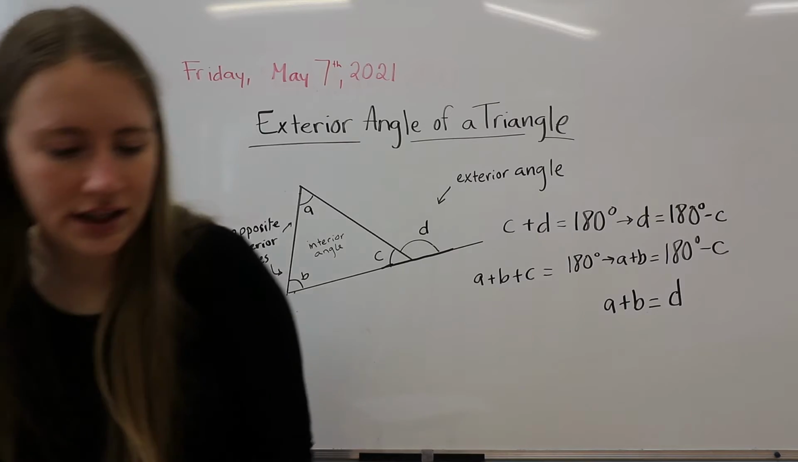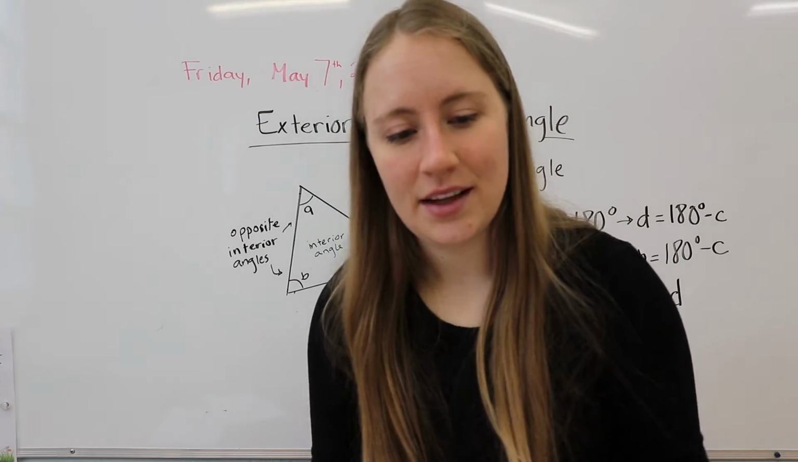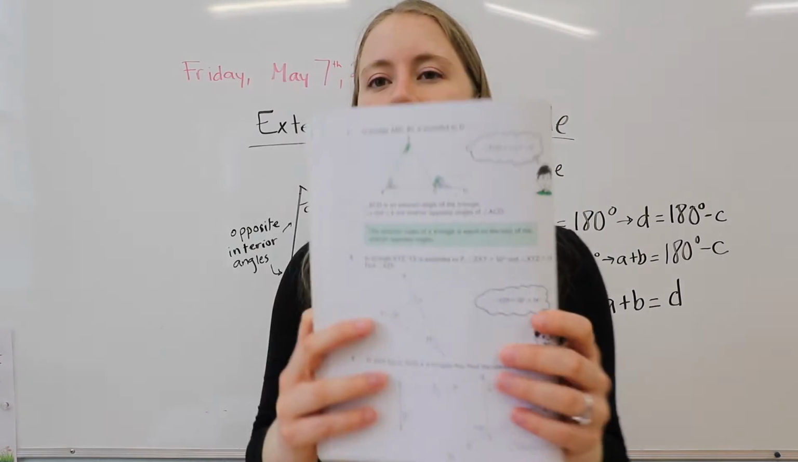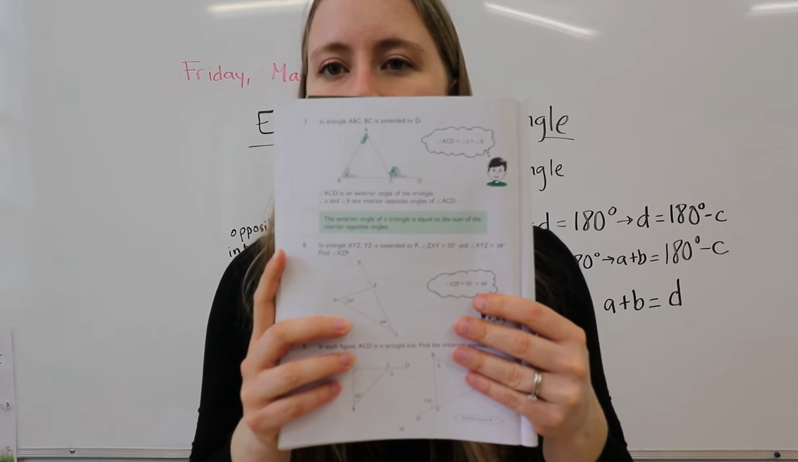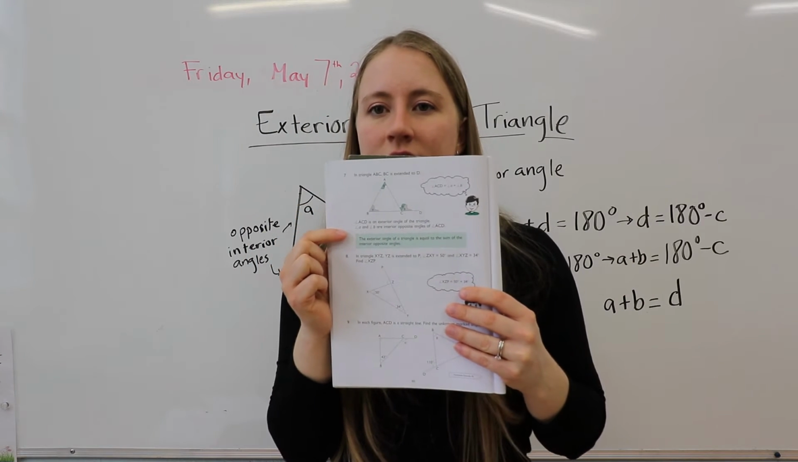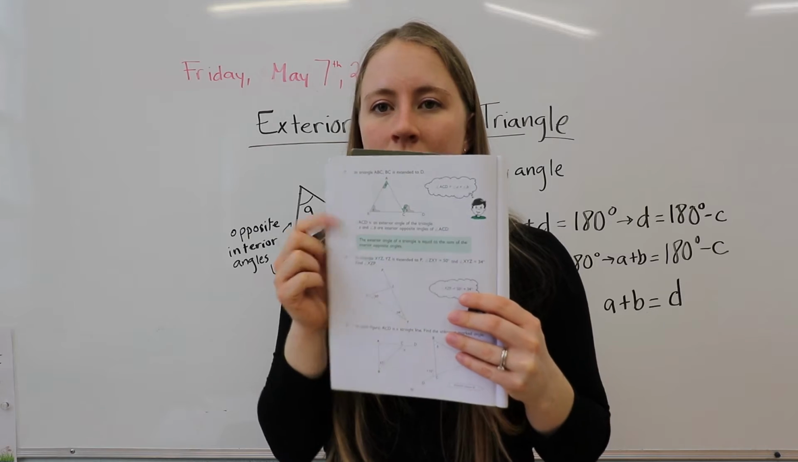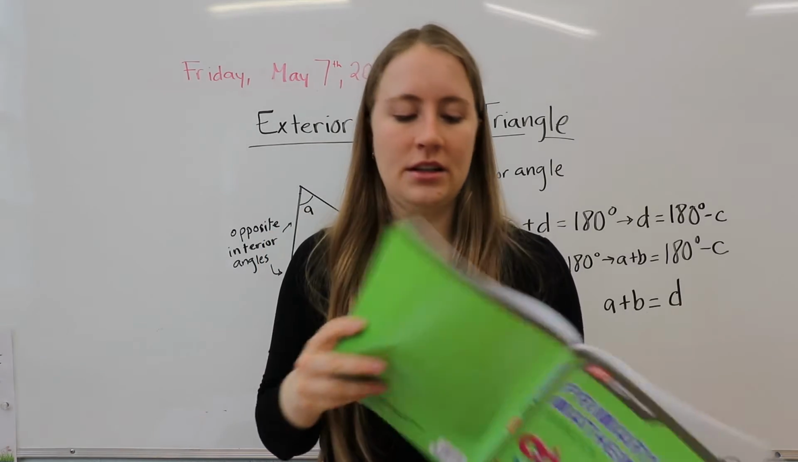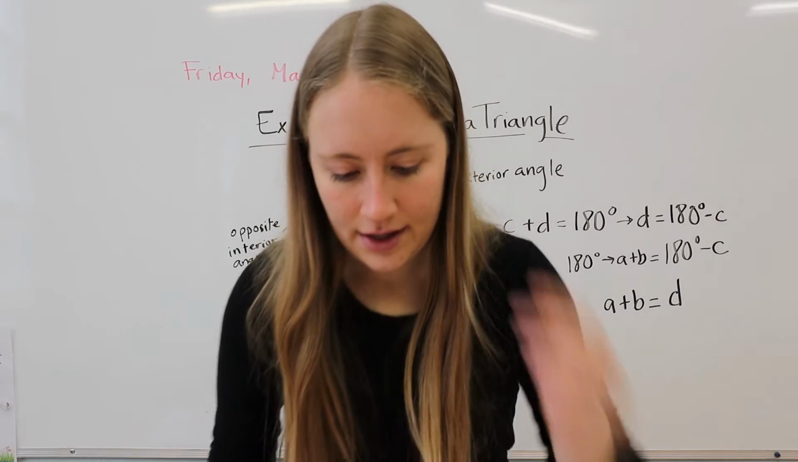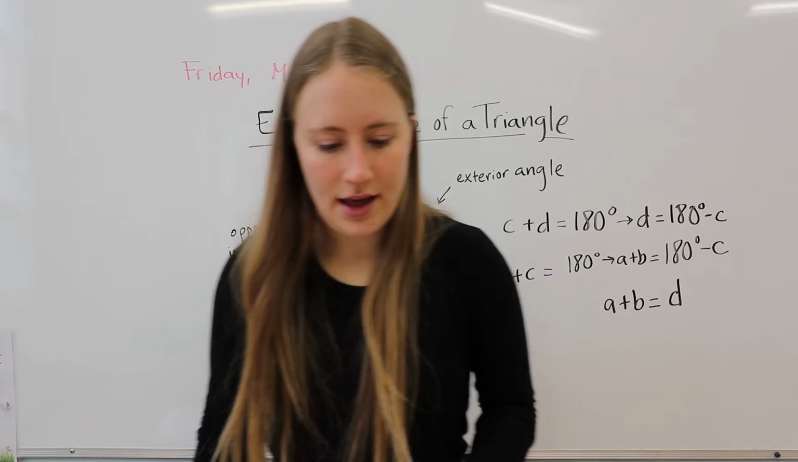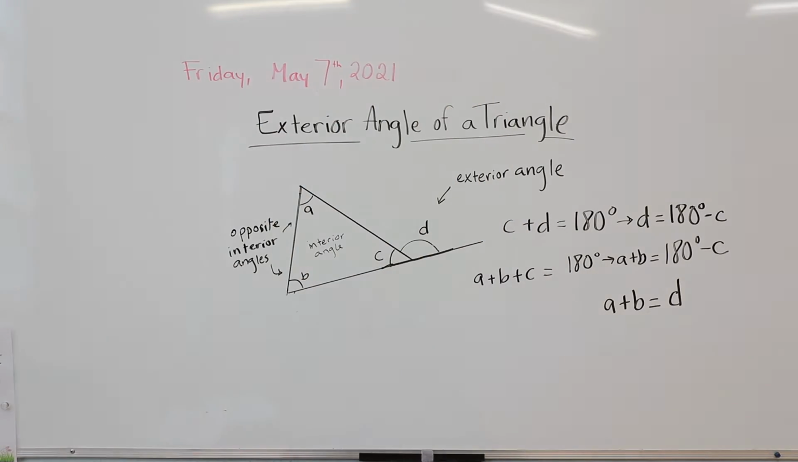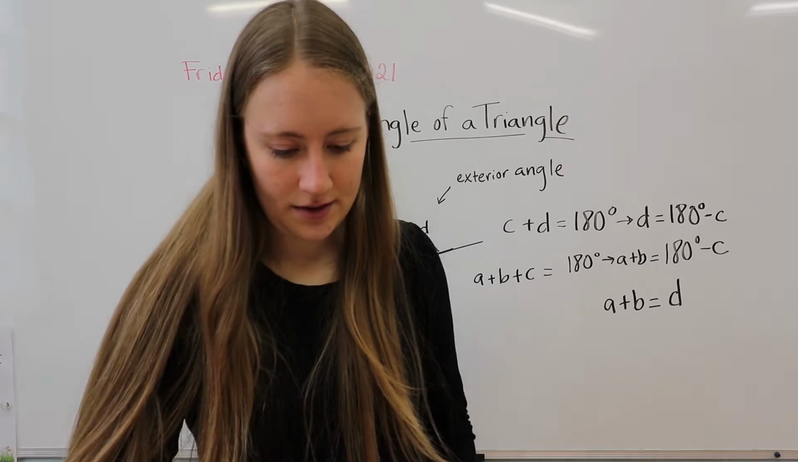Okay, so let's look at that in a new way. Let's open our textbooks to page 60, please. Take a moment and do that. And we're going to look at the first question here. Okay, so we're looking at number 7. And it tells us that in triangle A, B, and C, BC is extended to D. Okay,